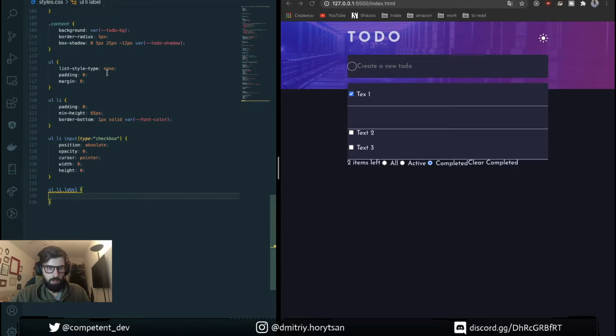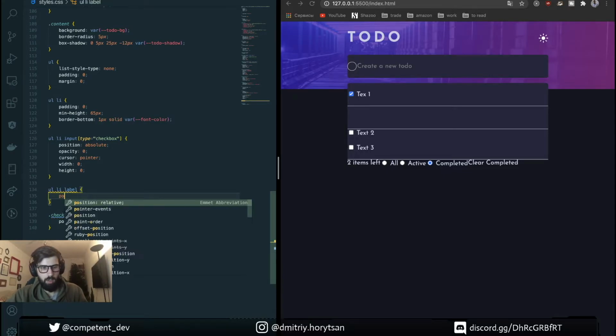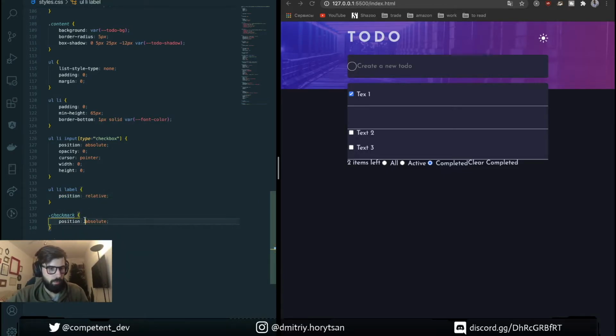So label. Sure that we need something for this. Let's wait. We have a check mark for custom checkbox. To set here position relative, padding from left side.